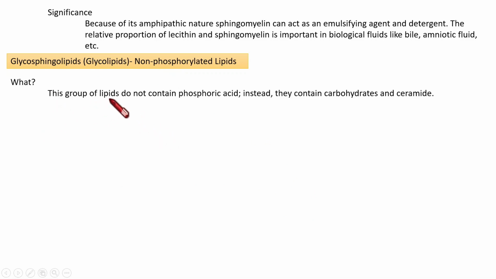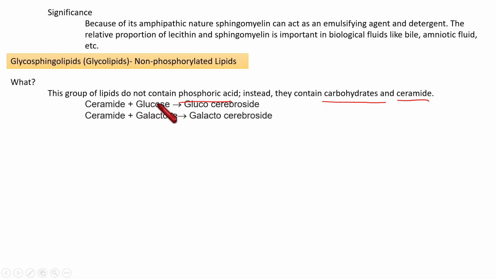So here the lipid doesn't contain phosphoric acid. That is the difference. Instead, it contains carbohydrate and ceramide. Ceramide, we know, is a combination of sphingosine plus fatty acid through an amide bond. Ceramide plus glucose, a monosaccharide, will form glucose cerebroside. Then another monosaccharide, ceramide plus